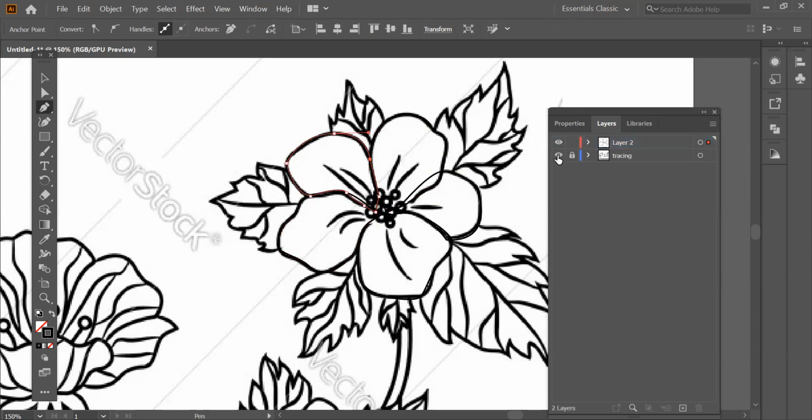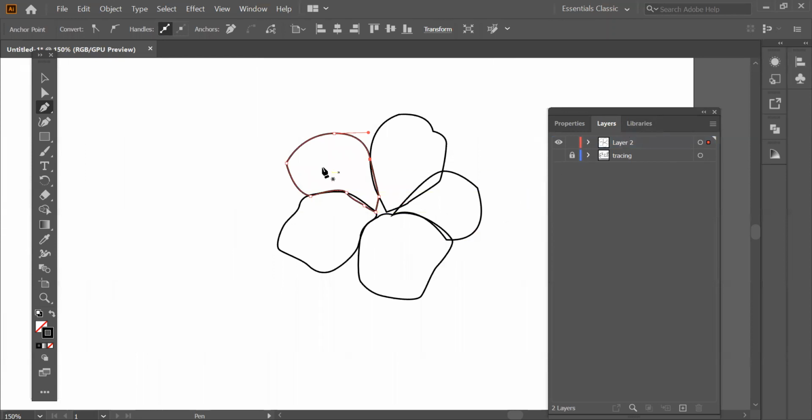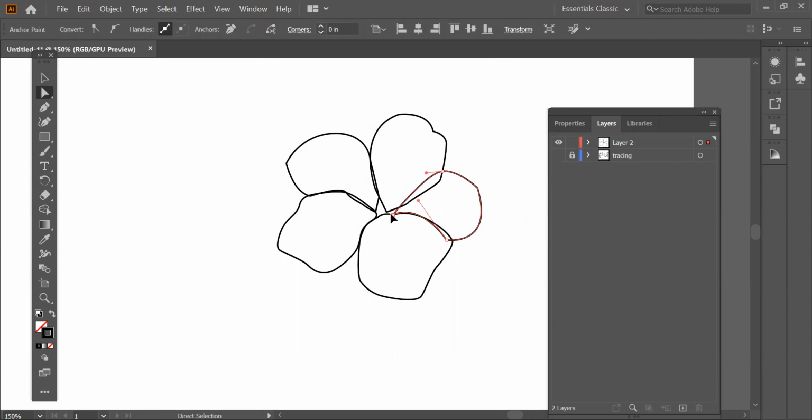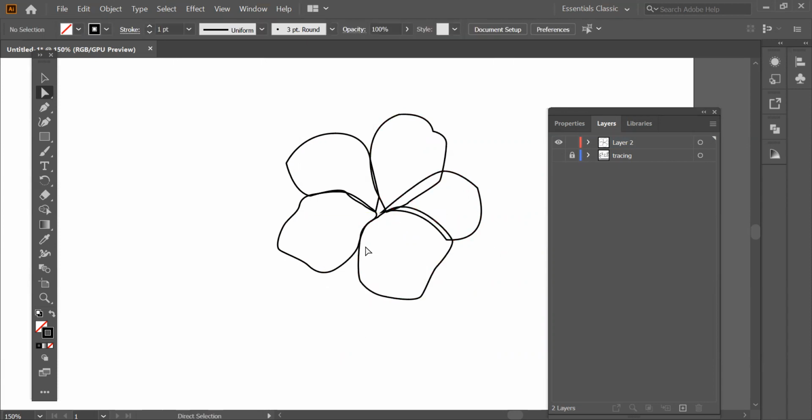And now we are done with the petal shape, right? So I'm going to go back to my selection tool and check if anything doesn't look proper to me, like this one is not looking proper. So I'll just click on the node and change it. Like this one also I want to check. Perfect. Now everything looks proper to me.